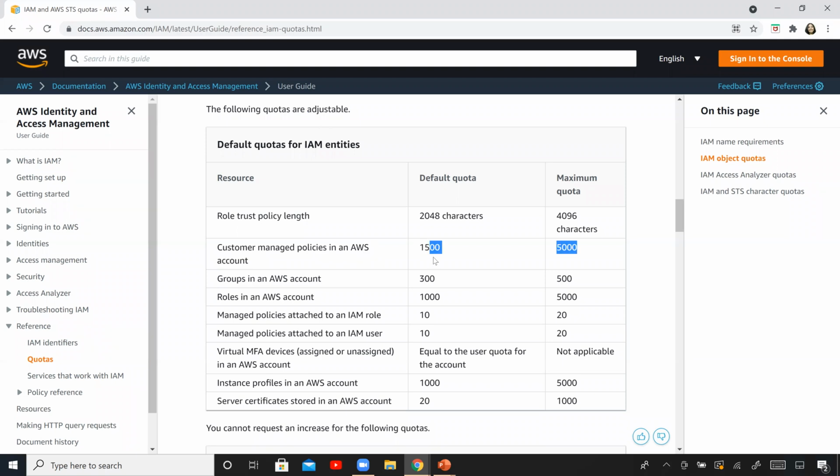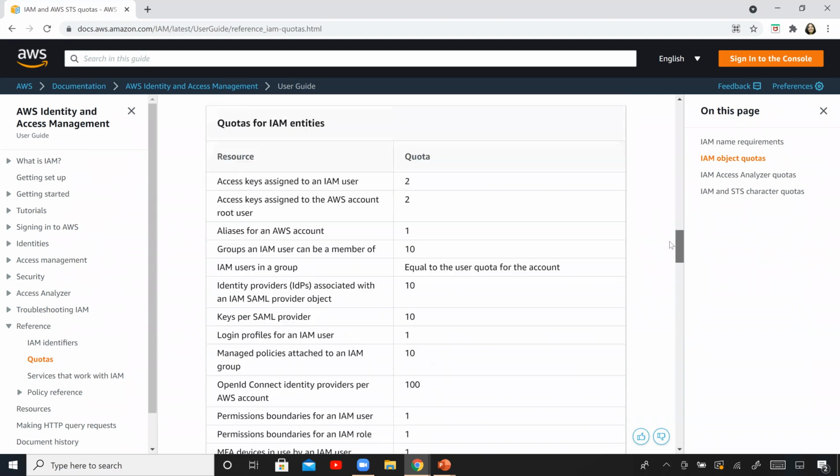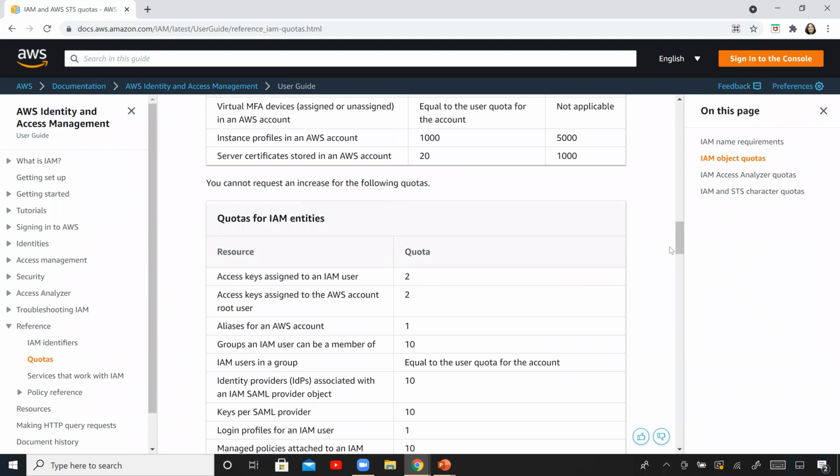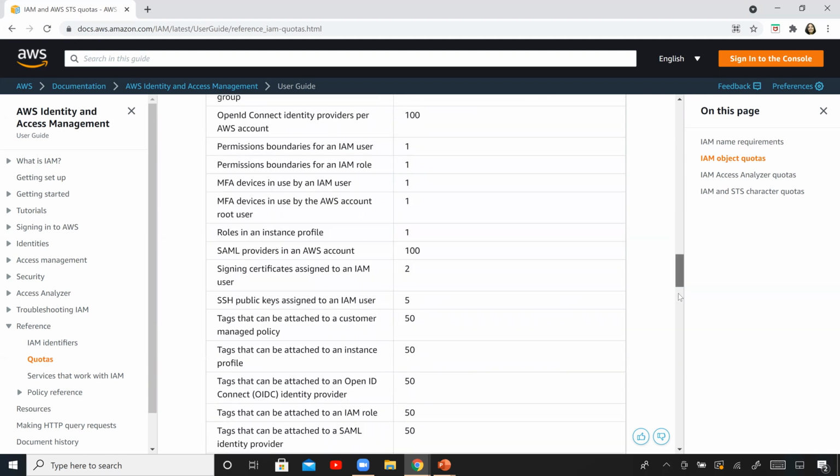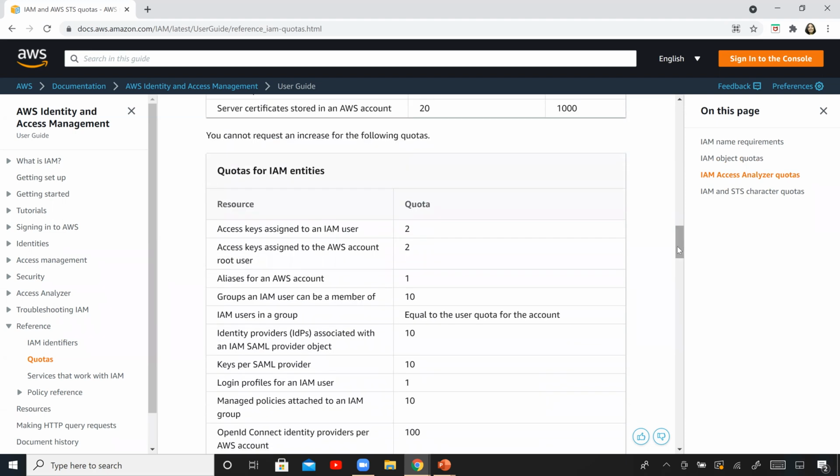But if you see groups in an AWS account, by default, you can have 300 groups, but you can request an increase of quota, right, and go all the way up to 500. There are several other attributes that are non-adjustable, or you cannot raise a request to increase its quota, right? This is all that you have, and those are mentioned right here at the bottom. These are some other IAM entities, right?